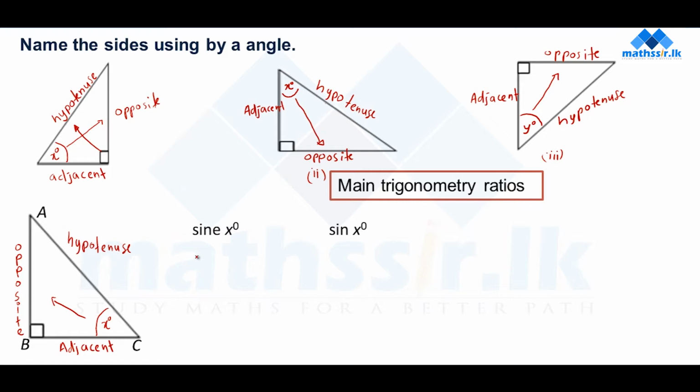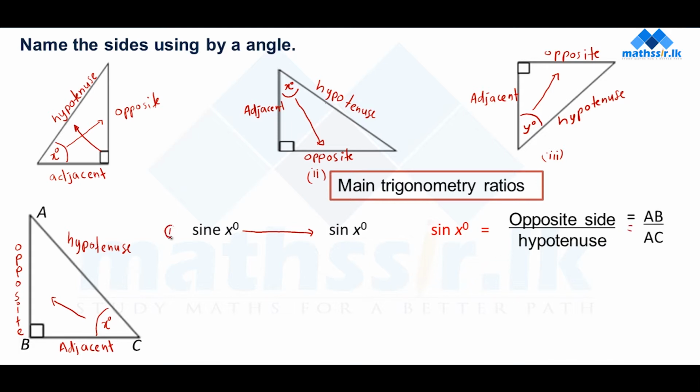the definition of sine, S-I-N-E, the short form we read as sin. Sine of the angle equals opposite over hypotenuse. Opposite side AB over AC. This is the first trigonometric ratio. Second one,